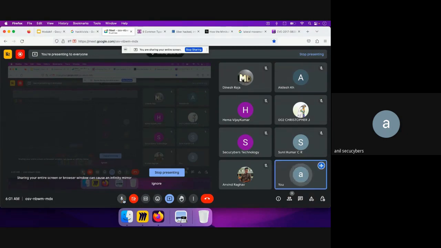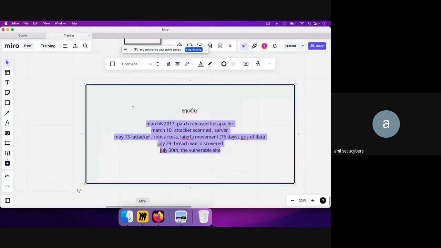Okay, guys, so let's resume our discussion on the Equifax hack case study. One of the things I like to do is go through the timeline again. They had a SOC team in their organization, so let's see what the misses were by which this attack happened. The first thing is that on March 6, 2017, the patch for that Apache Struts vulnerability was